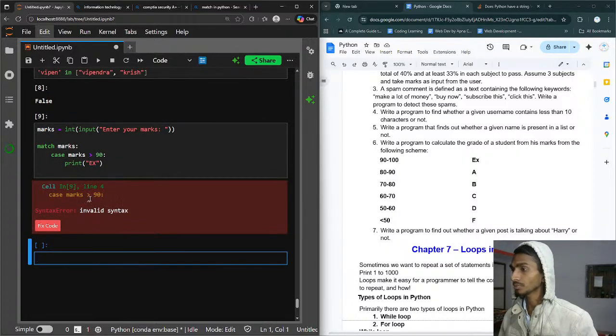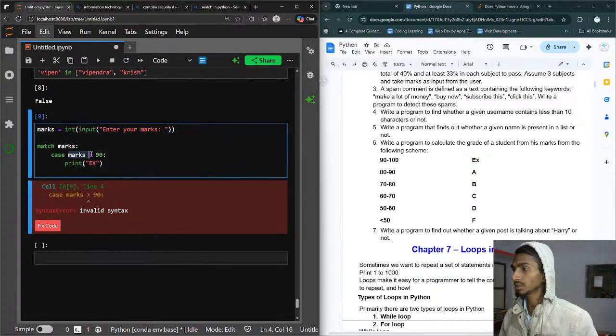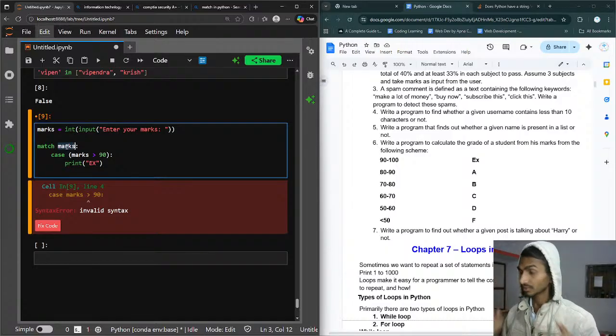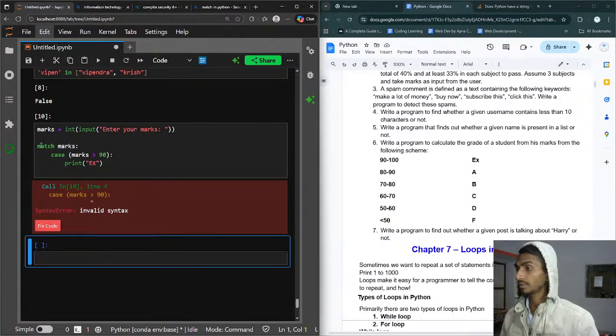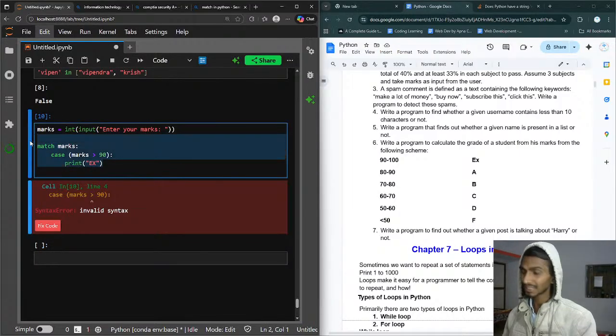Okay, what is the problem? Marks is greater than 90. This is causing the problem. That means match is only for checking whether the values are same or not. It will not work in this case. Yeah, I will have to use if else statement. Let's leave it. Using if